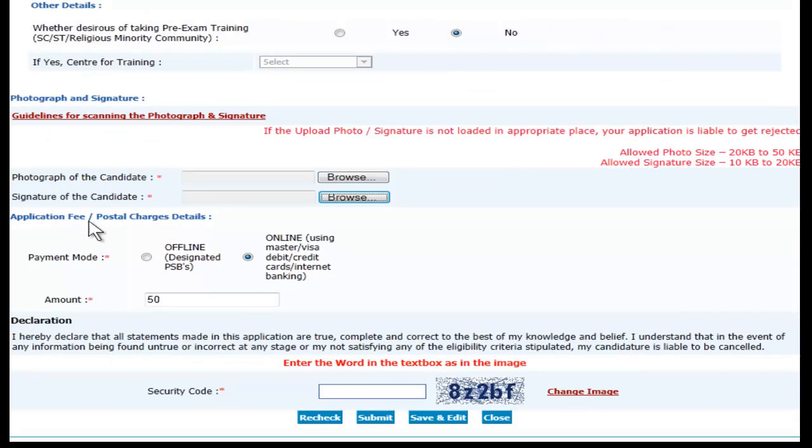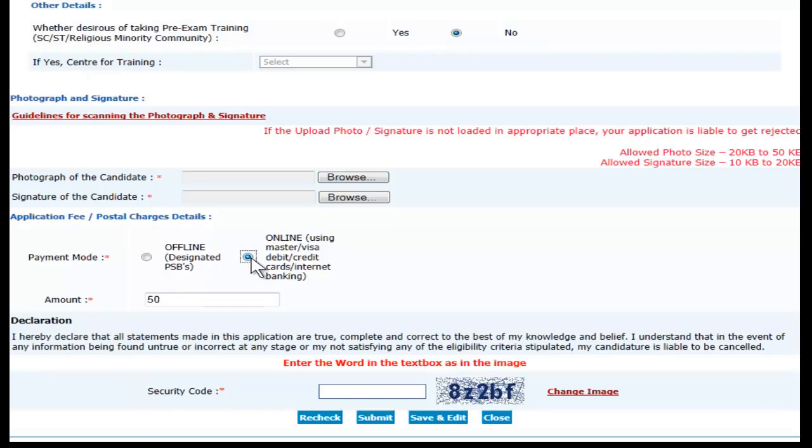Also, now you come to the payment mode. You want to make the payments offline or online. If you choose the offline mode, then you need to proceed further and save and then submit the application form. You will be directed to a challan copy which you need to print out, and on the third day take it to the bank for making the payment.